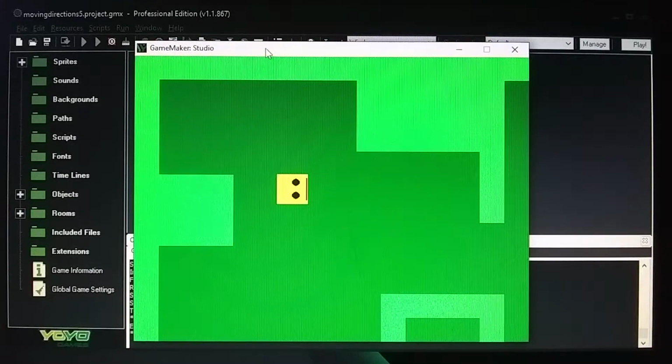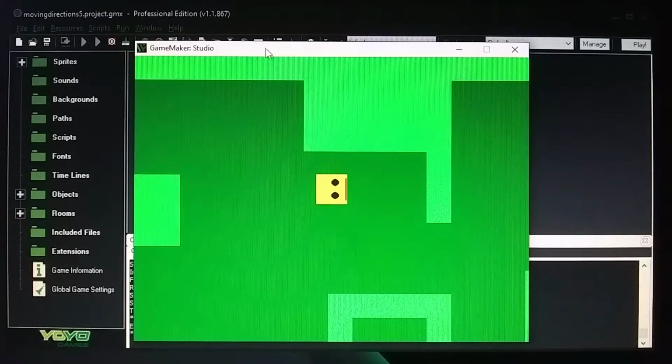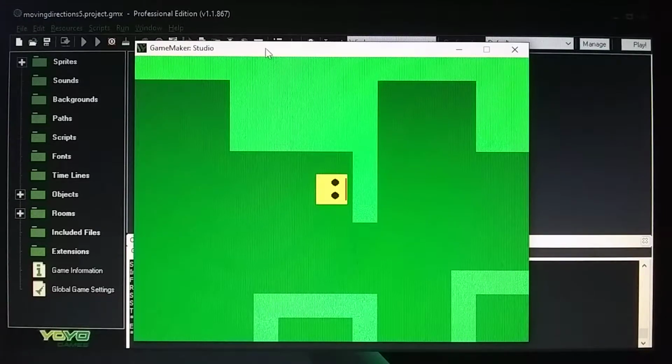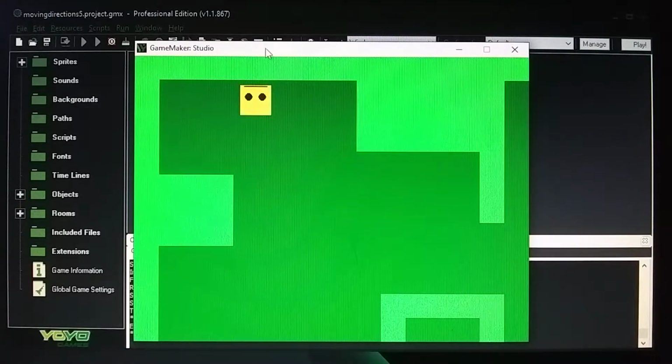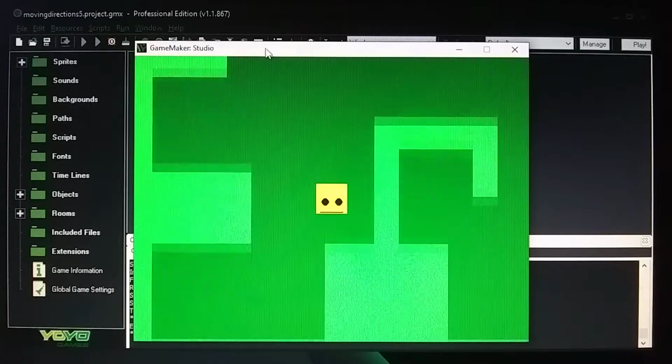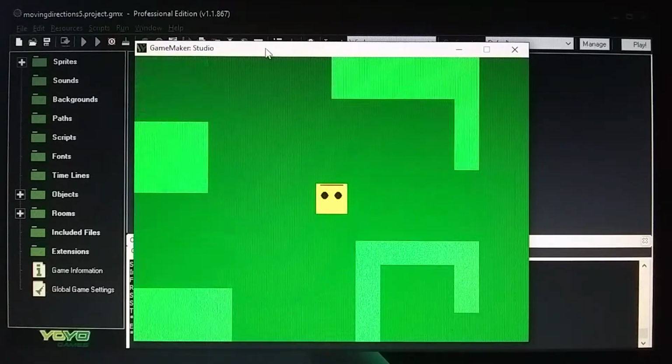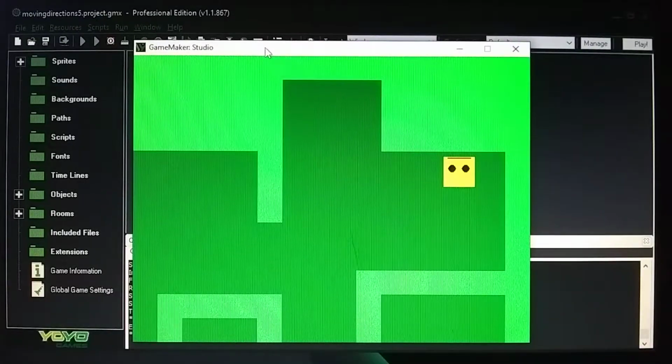Okay, this video is about how to move left, right, down, up, and he's not going to get stuck on the wall. So he goes right, and then he goes left, and he goes up and down, and he doesn't get stuck. And I'm going to show you how I did that,